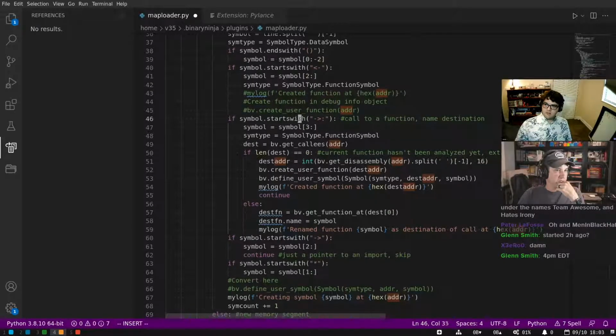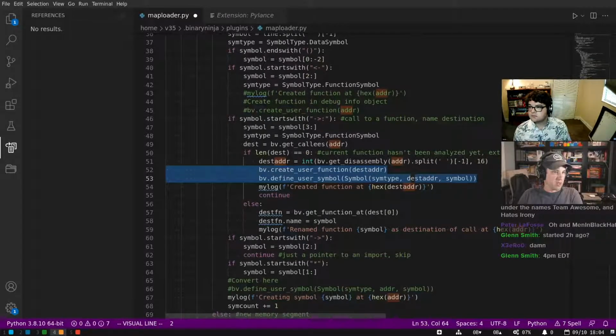Call to a function with a name destination. So the symbol is this. It's a function symbol. I think we could basically just do this in all cases on our DebugInfo object. Yeah, you'll add a function.